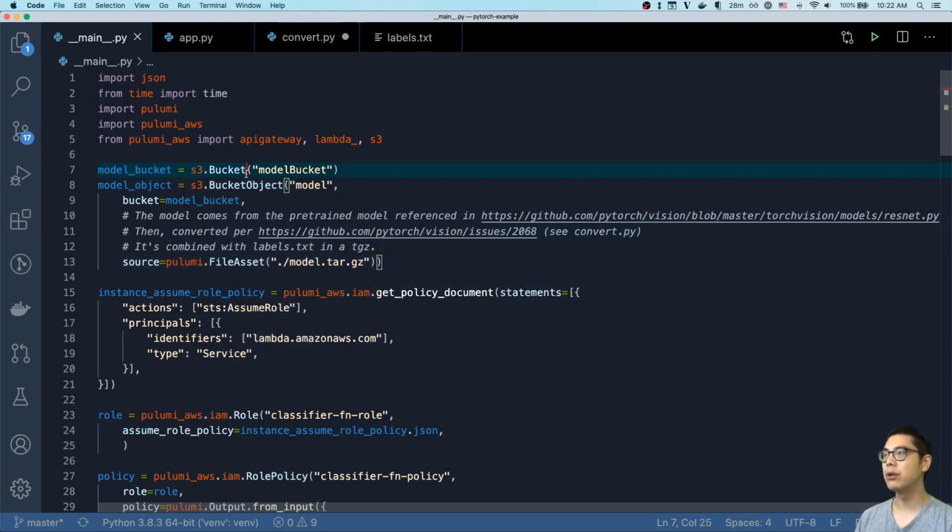So yeah, the first thing we do is we define a bucket for putting our model. So this is the image recognition model we're going to be using. In this particular case, I'm using a fairly simple model. It's a ResNet 50 model for those familiar with machine learning, and it's a pre-trained model from Torch Vision,